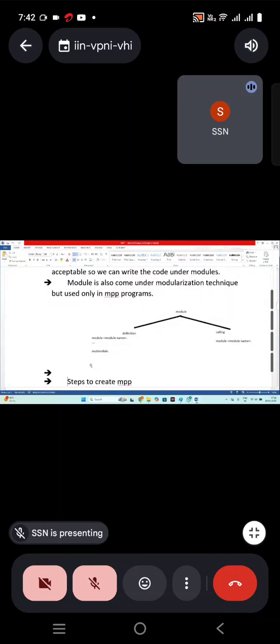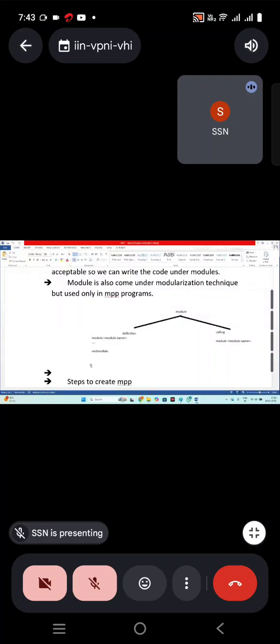Then under the events, we have the concept called modules. Why are these modules there? Because under the flow logic, we can't write all the above statements; they are not allowed. So how do we write the code?